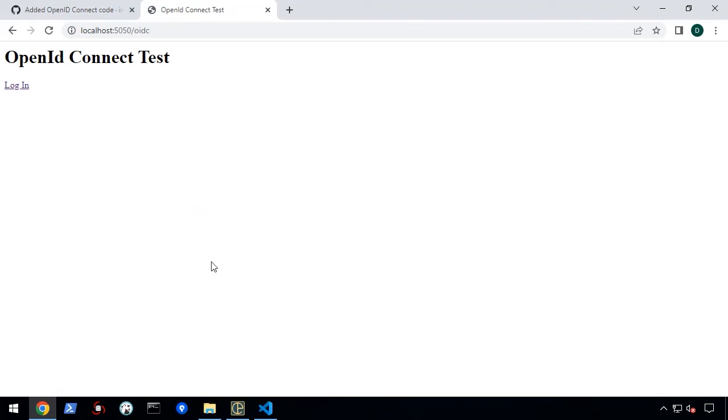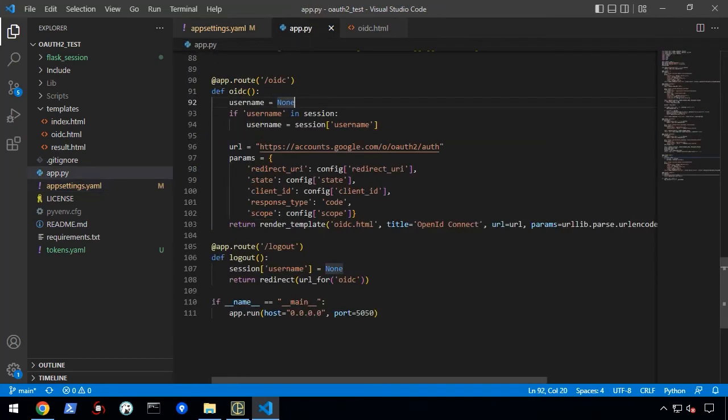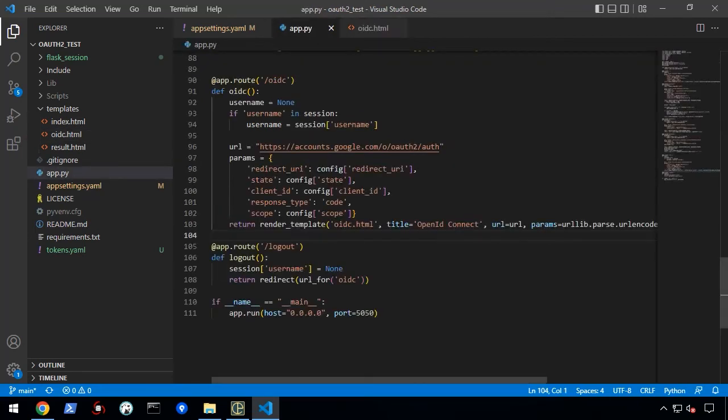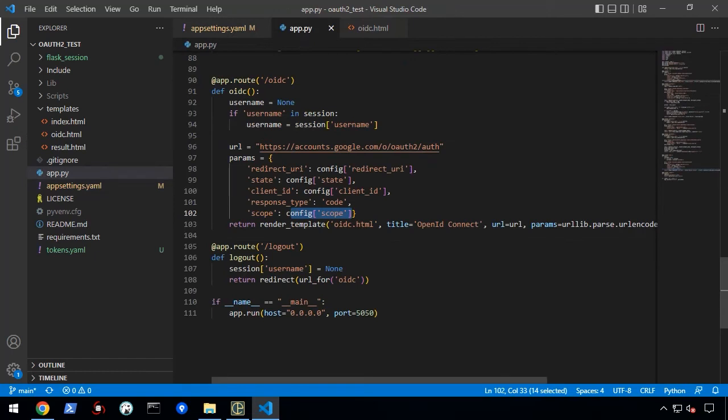So to explain what happens beneath the hood, in the app settings YAML file, I added openid and the email as the scope. And then I made two endpoints, OIDC and the logout. And there's also a UI for the OIDC endpoint. So I get the scope from the app settings and then populate that in the link. And